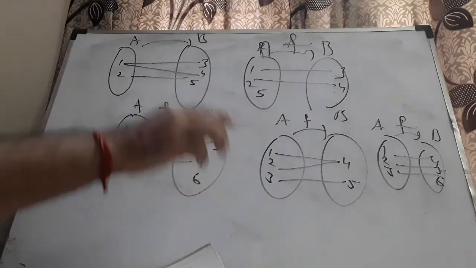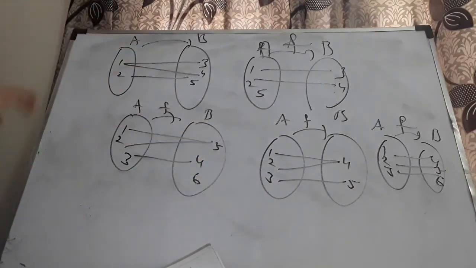That's the meaning. Whenever I'm given an arrow diagram, I should be able to find out whether it forms a function or not. Whenever it forms a function, whether it is 1 to 1 or onto. One to one means one element going to one element. Or you can even think about each passenger moving in a different train. That's the meaning of a one to one function.